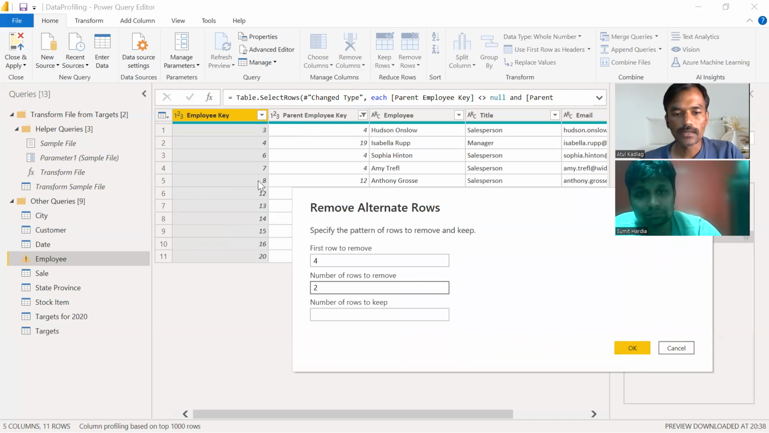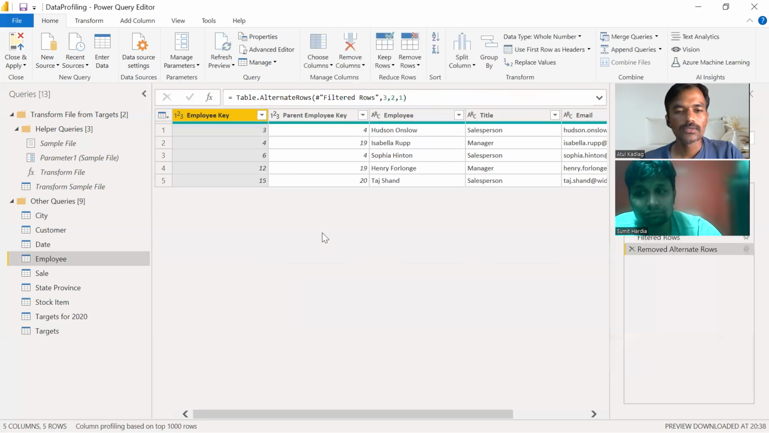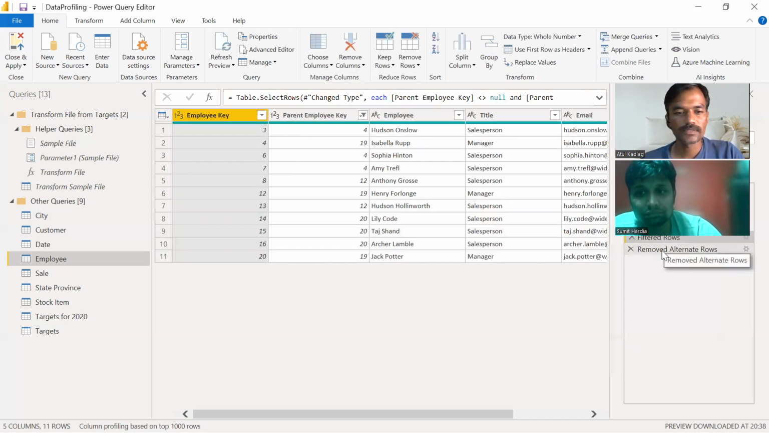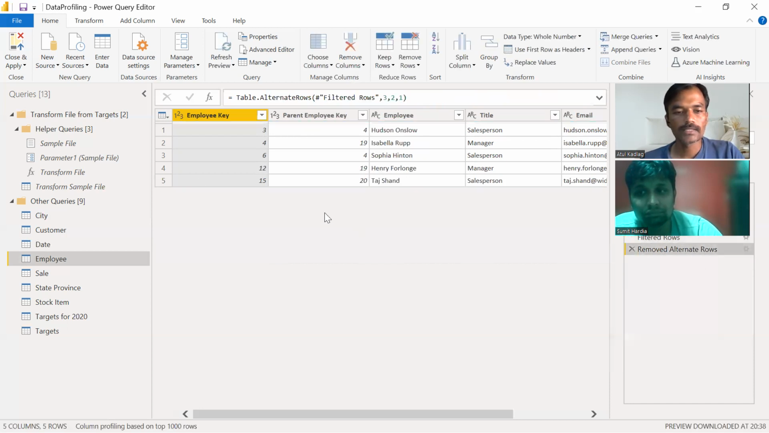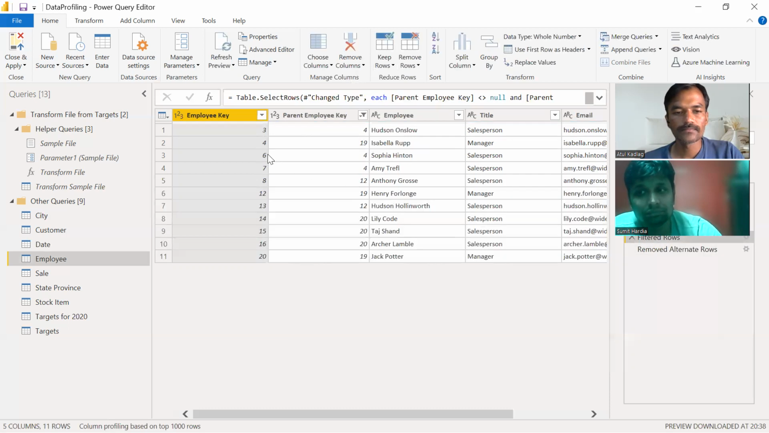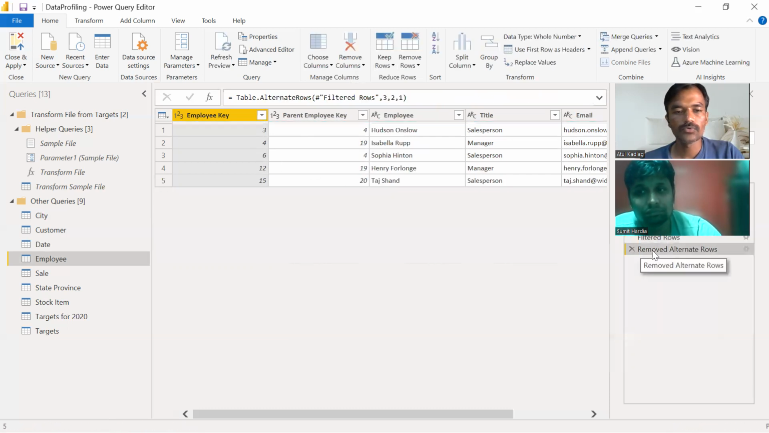After that, I will also remove, and then the number of rows to keep. Let's say I just want to keep one row. So just click on this. You can see this has been changed. Now if I go to the first step, you can see the fourth row, 7, has been removed. 7th and 8 have been removed,